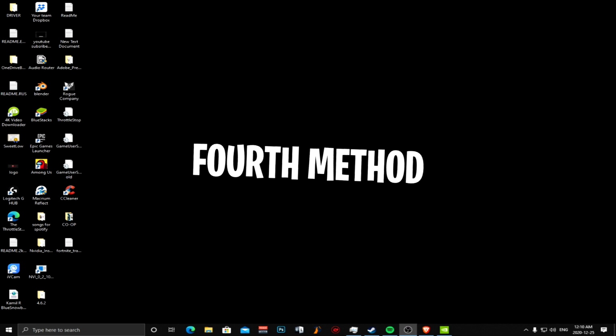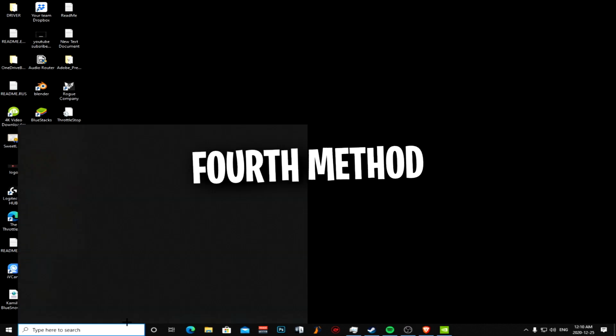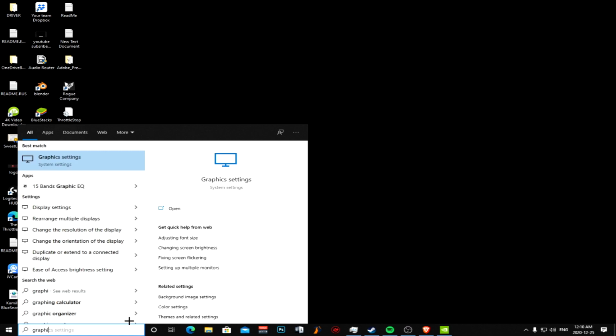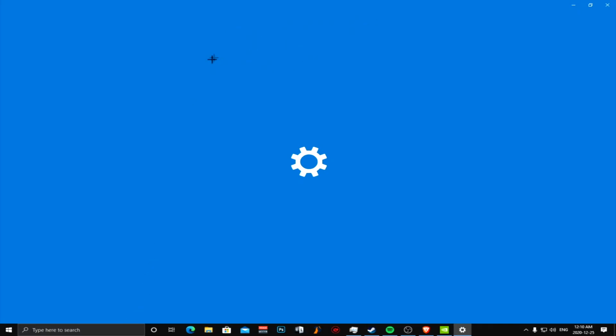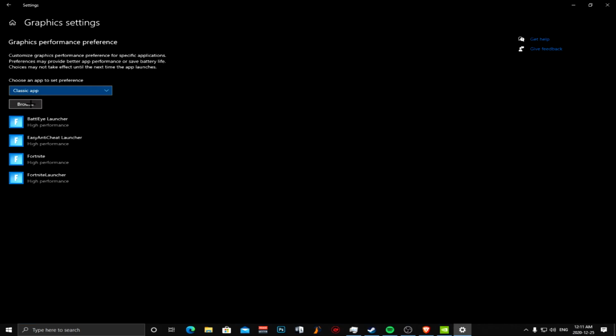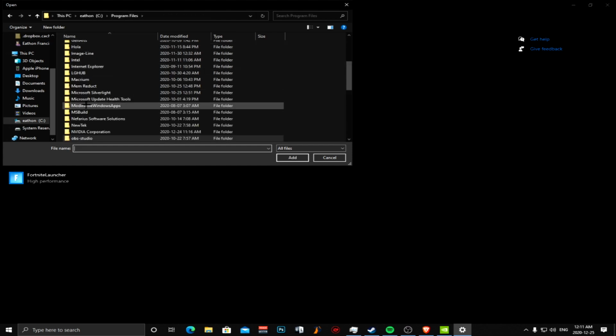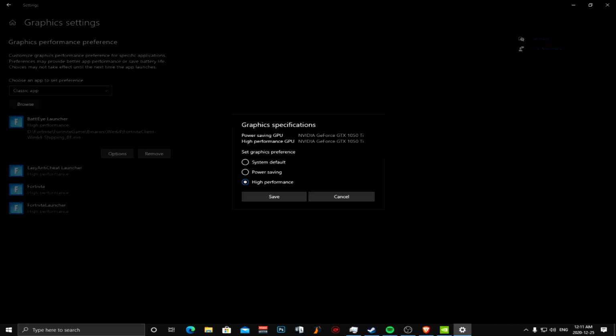So next, what you guys are going to want to do is go to your graphics settings. So just type in graphics settings, press enter, and it should open this tab in settings. Just go to browse and just find where your Fortnite launcher is located. So once you found where your Fortnite is located, just change the set graphics preference to high performance and press